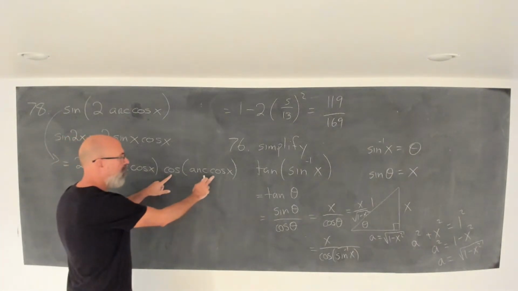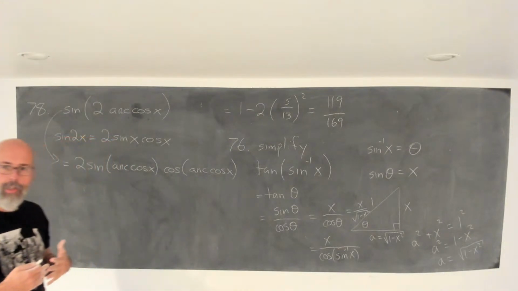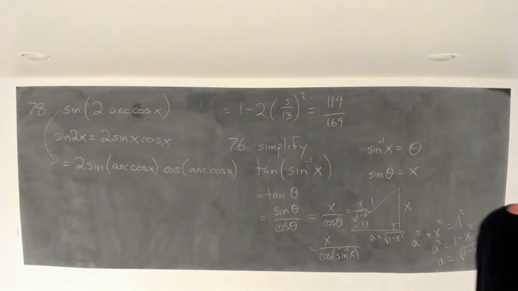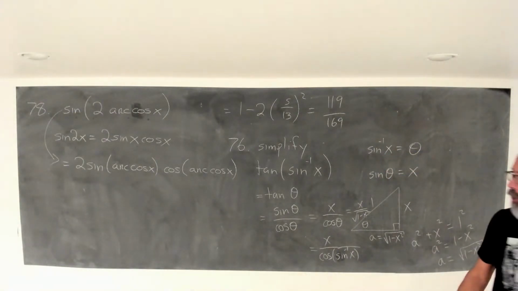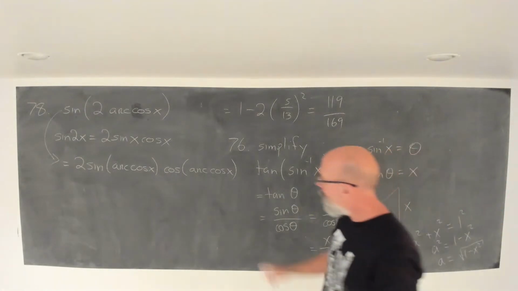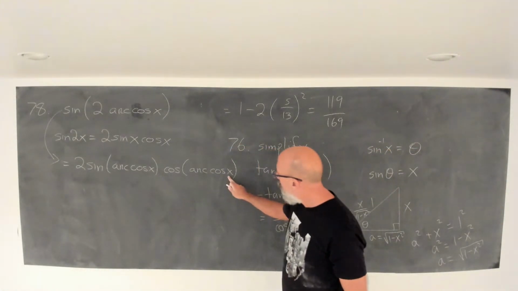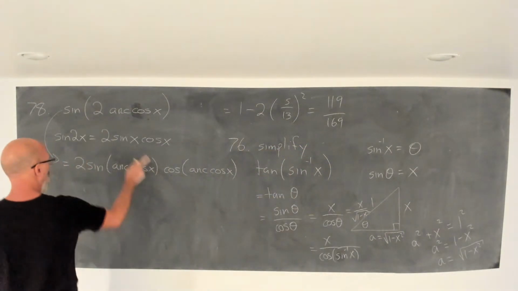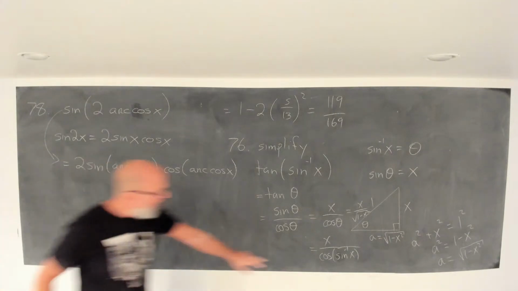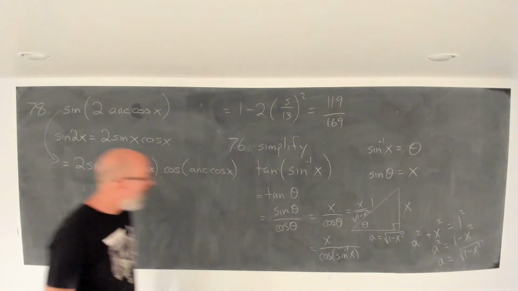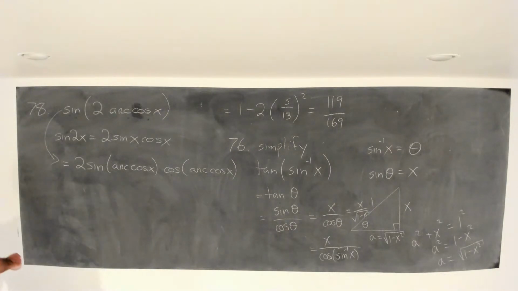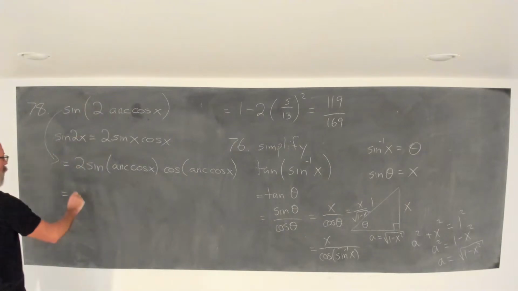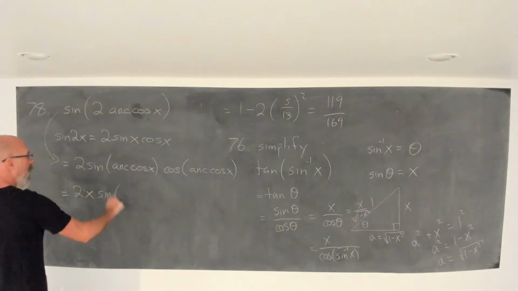Now, cosine of arc cos, this is once again the composition of a function and its inverse. So this is going to give you x. Here, however, sine of arc cos, I mean, it's very similar to this, right? Let's work it out. Well, first let me say that this gives you x, so 2x